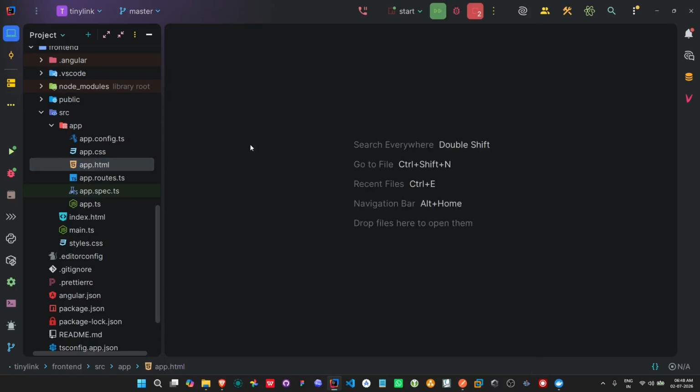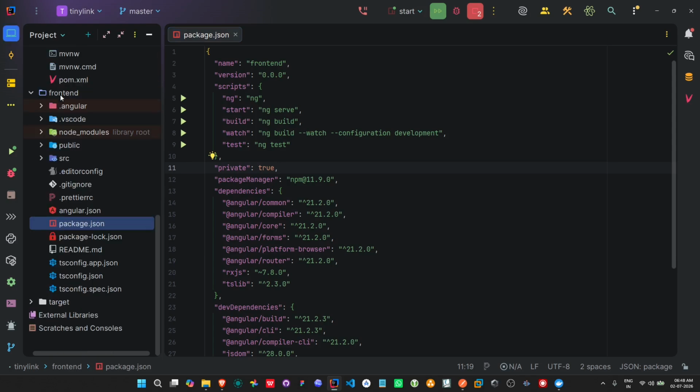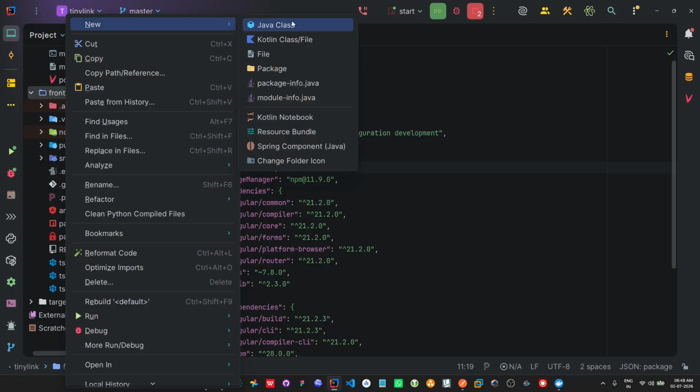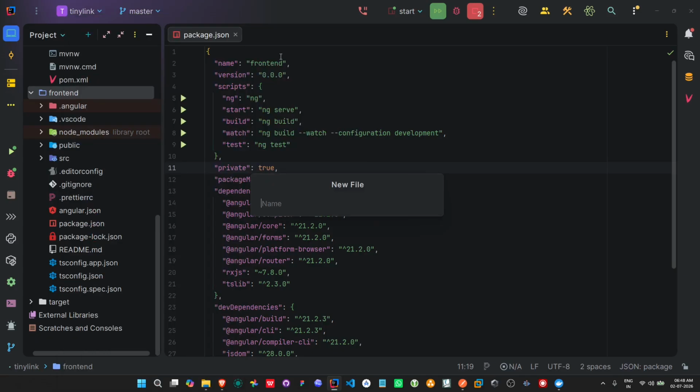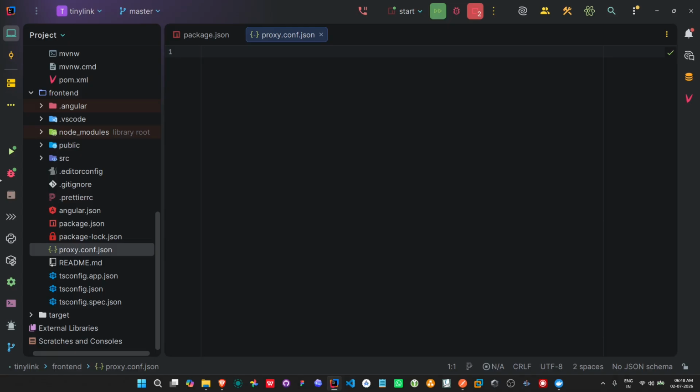So inside our package.json, we should have one proxy config. What we will do here is in the root of this, we can create a new file and name it proxy.conf.json like this. And there what we will do here is /API,